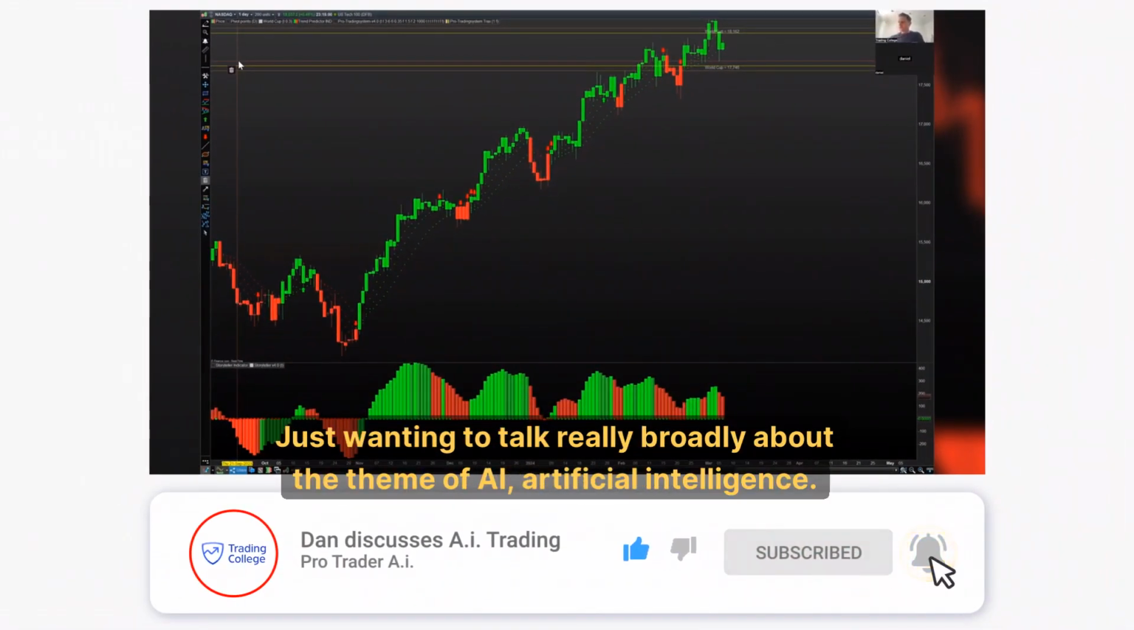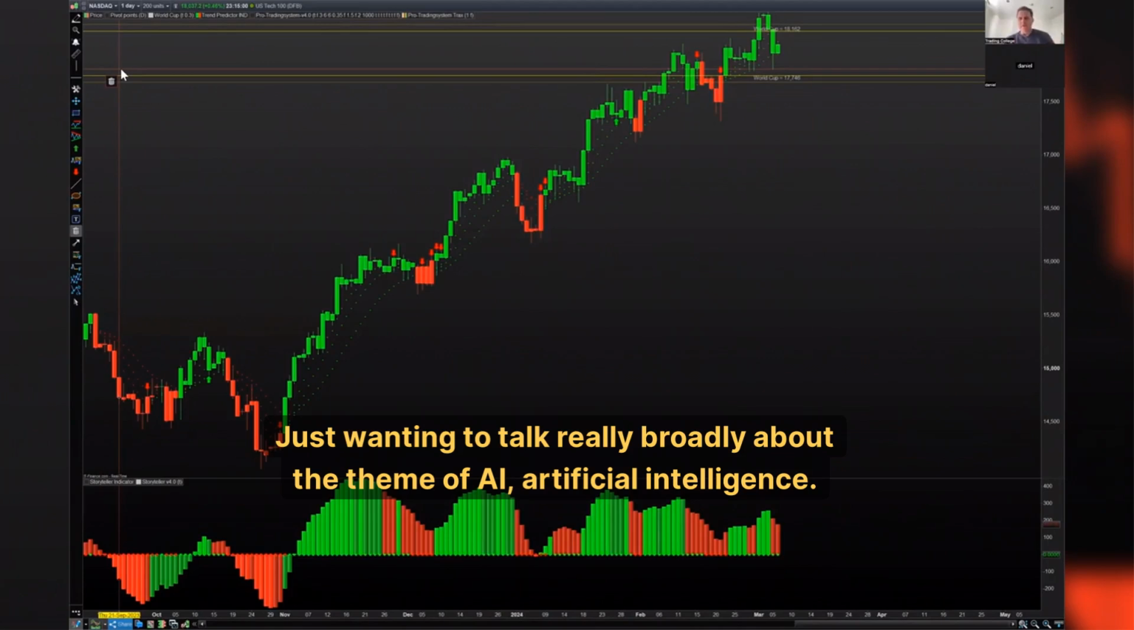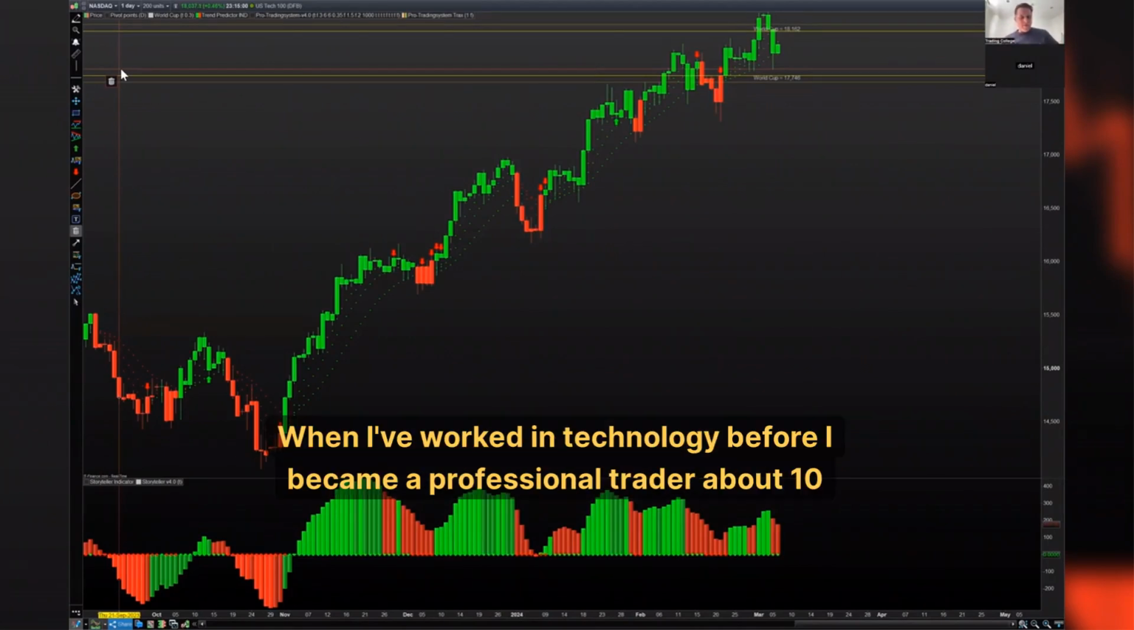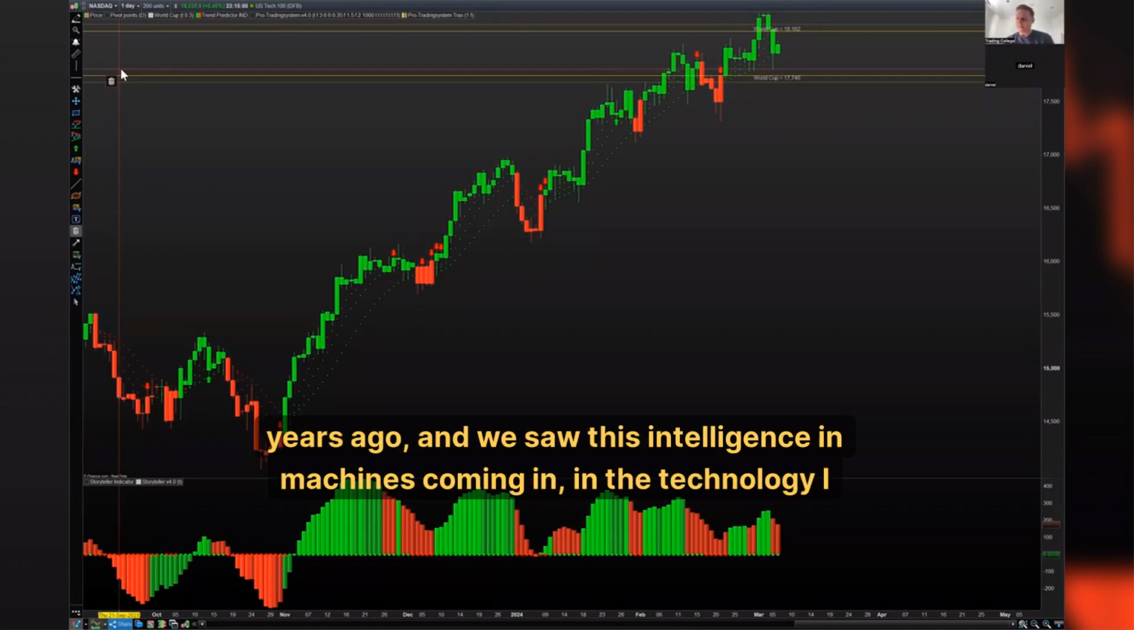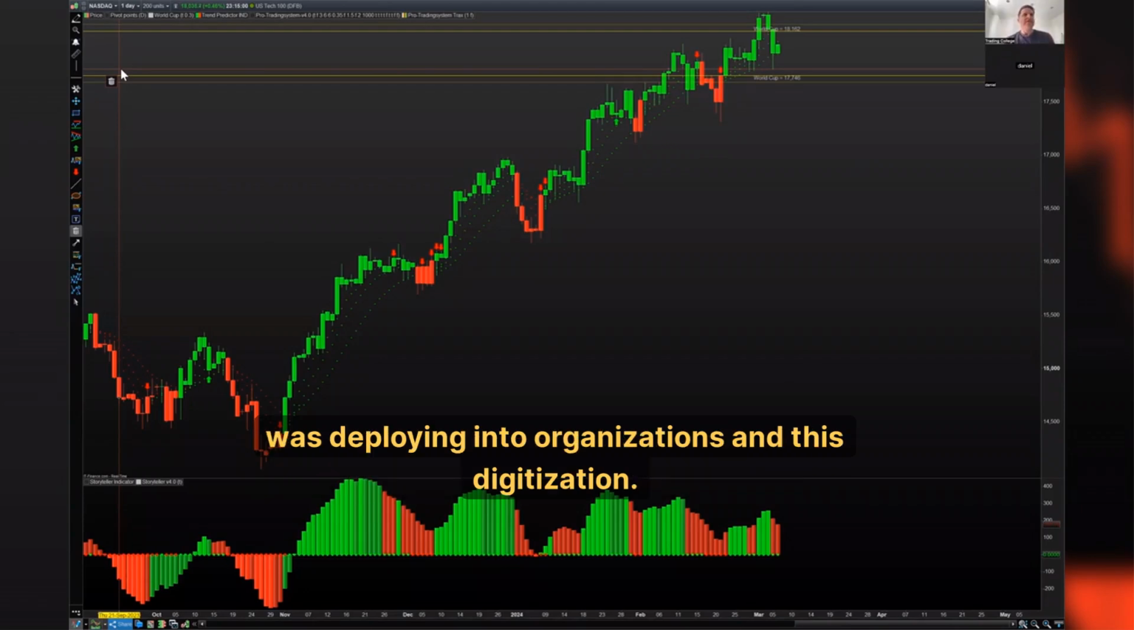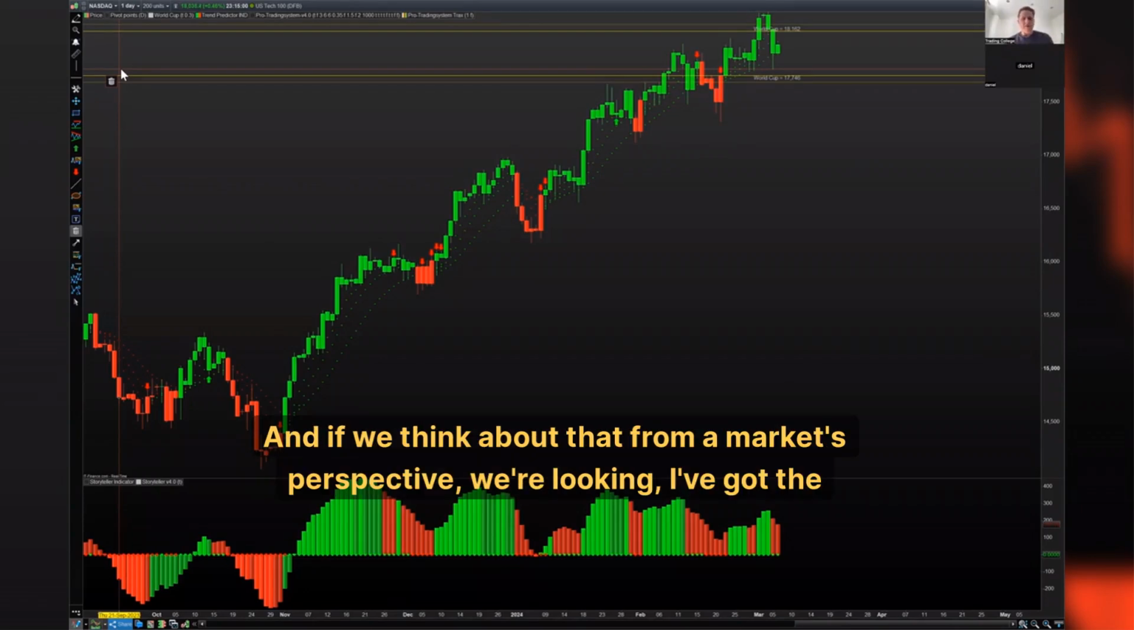Just wanting to talk really broadly about the theme of AI, artificial intelligence. What does it mean? When I worked in technology, about 10 years ago before I became a professional trader, we saw this intelligence in machines coming into the technology I was deploying into organizations, and this digitization. And if we think about that from a market's perspective,